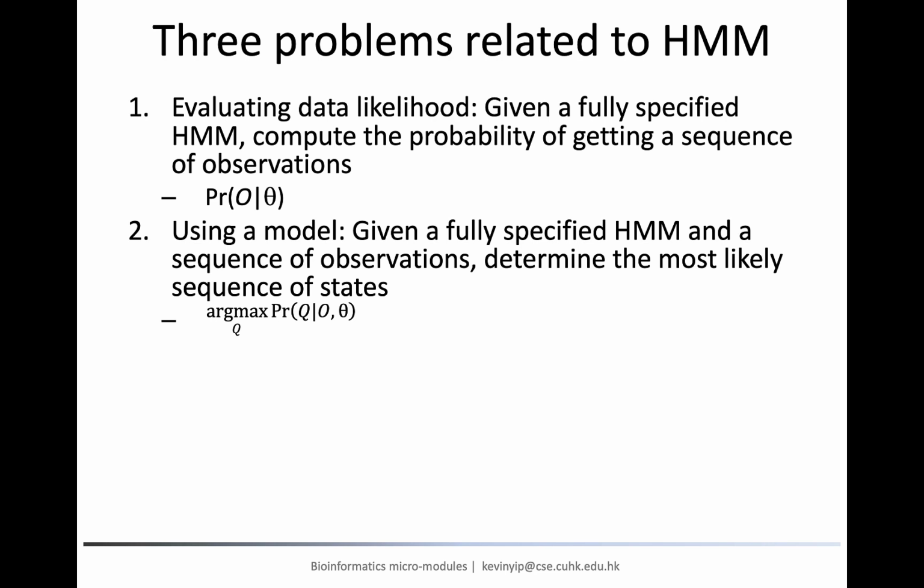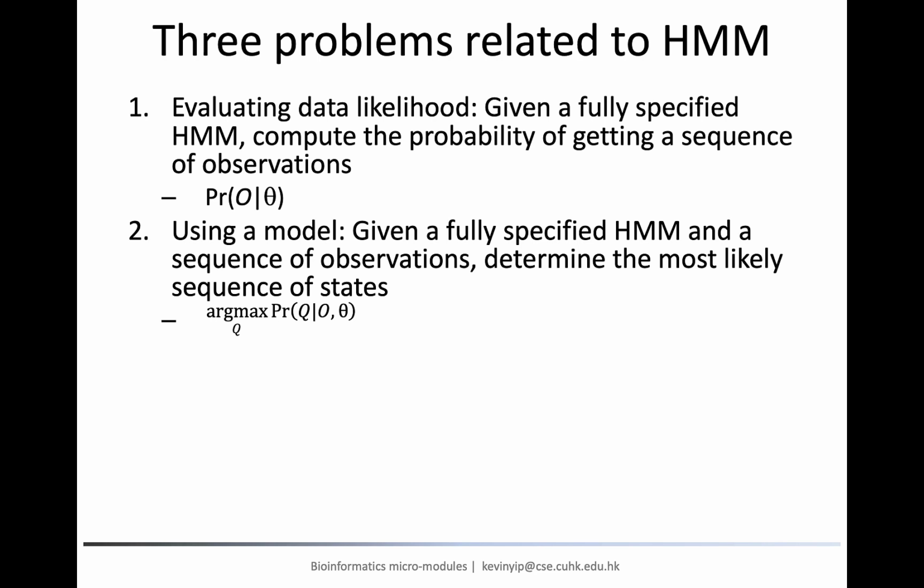The max function with subscript Q means that we want to maximize the probability term among all possible state sequences. Finally, the ARG part means that after the maximization, we do not return the probability value as output, but rather return the Q that maximizes the probability as output. In summary, this problem is to find the state sequence Q that has the highest probability given the observation sequence and model parameters.